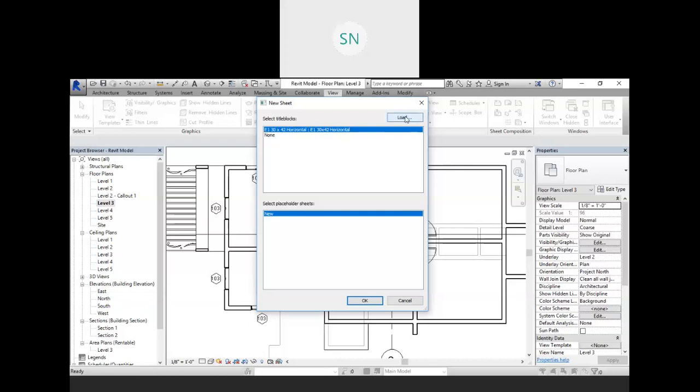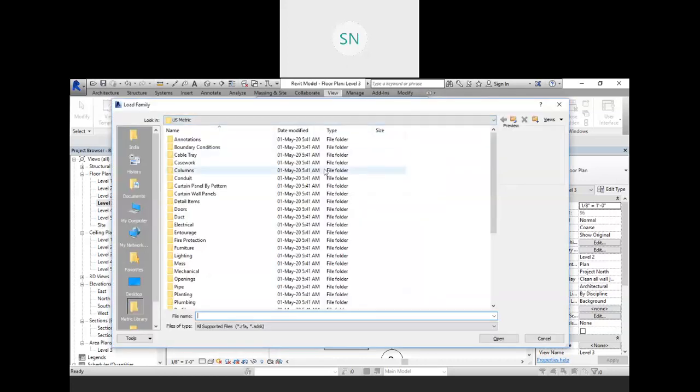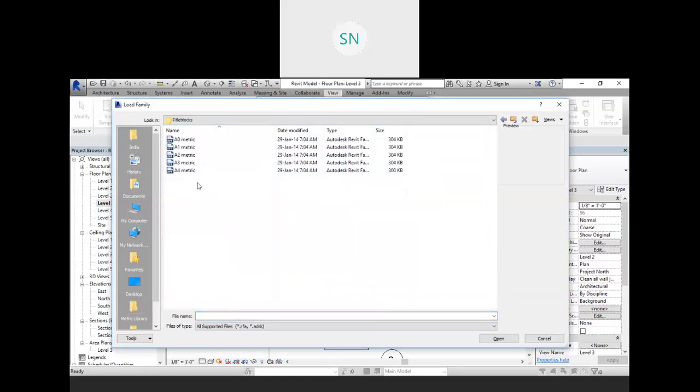So go to the load. In the metric folder, go to the title block. In the title block we have these papers. For example, I want an A2 size drawing or A3 size drawing or A4 size. So these are the templates we have.